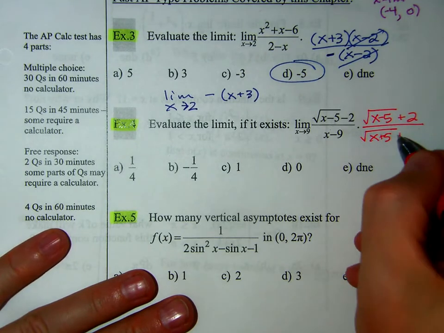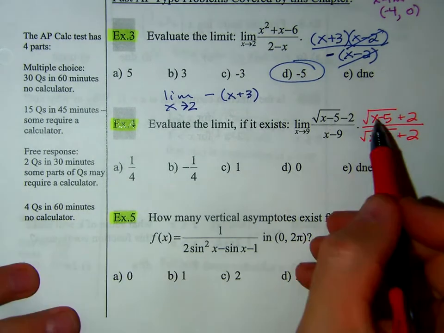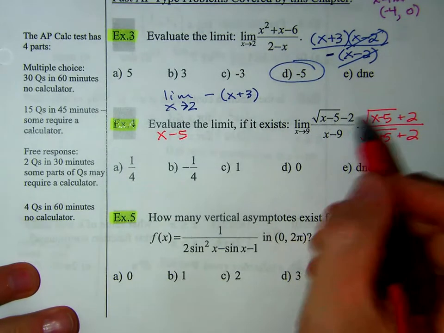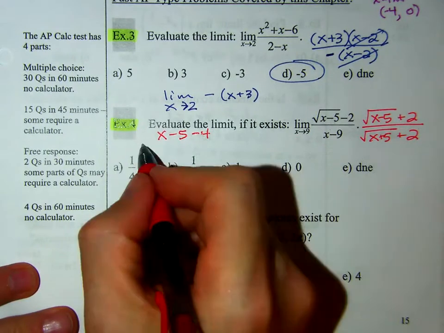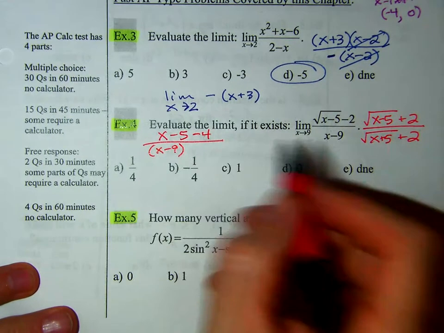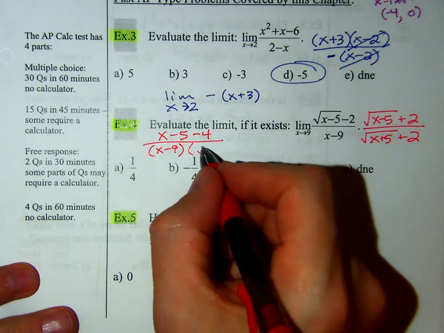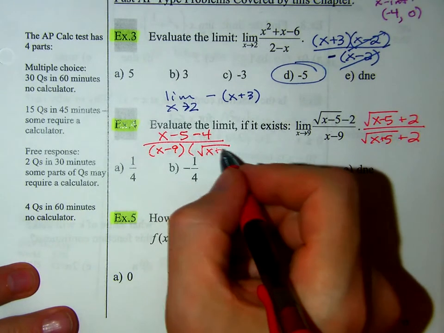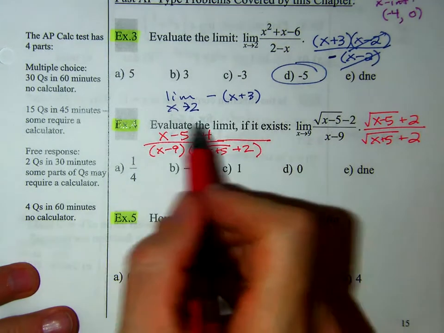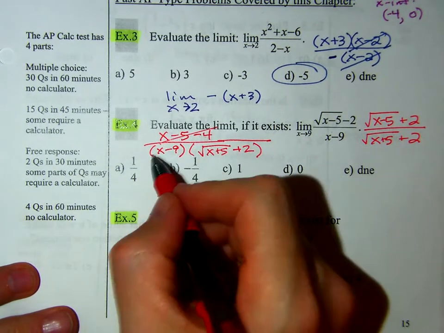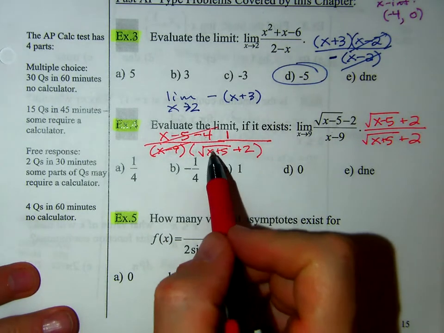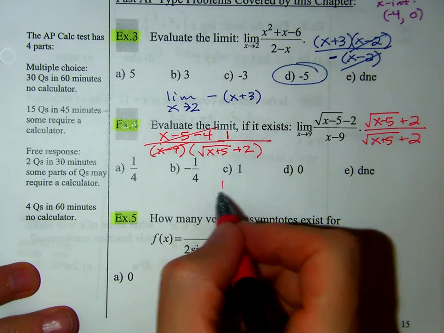Okay, so we multiply that out. We're going to get x minus 5. The middles are going to cancel. We're going to get -4. And remember, do not multiply this out down here because it's going to cancel. That's the whole point of this. So x plus 5 plus 2. Okay, so that's x minus 9, so that's going to cancel out. So this is just going to be 1, and now this is going to approach 9. So we're going to have 1 over 9 plus